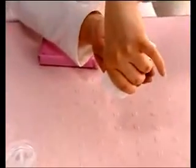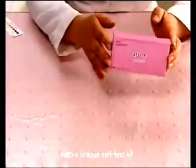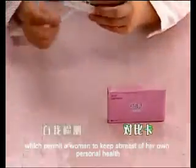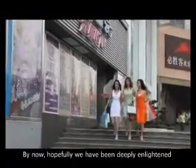The Superbklean sanitary napkin dynamic set also comes with a unique self-test kit and contrast cards which permit a woman to keep abreast of her own personal health. By now, hopefully we have been deeply enlightened as to the advanced